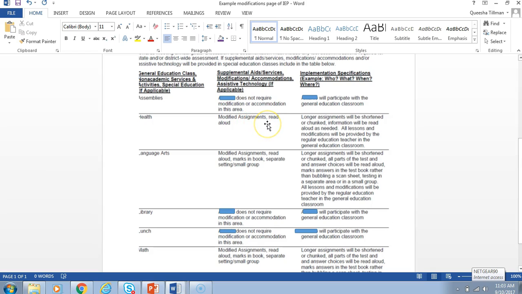Also, read aloud. Now, for how you're going to implement this, your who, what, when, and where, your specifications for modifying assignment, it says longer assignments will be shortened or chunked. Information will be read aloud as needed. All lessons and modifications will be provided by the regular ed teacher in the general ed classroom. And as you can look down, you can see how it's modified for math and for language arts